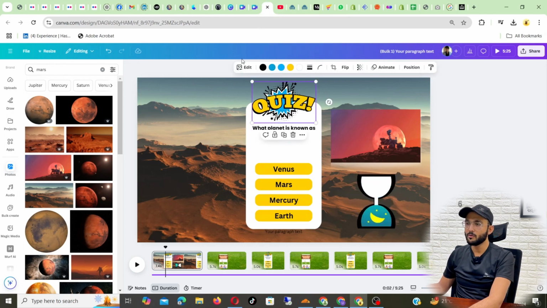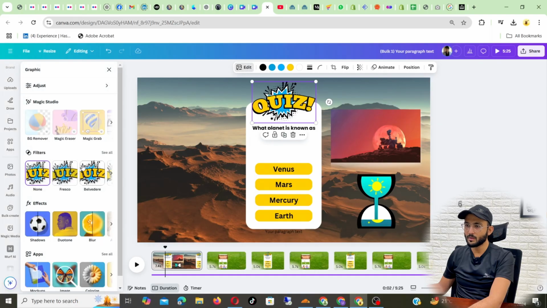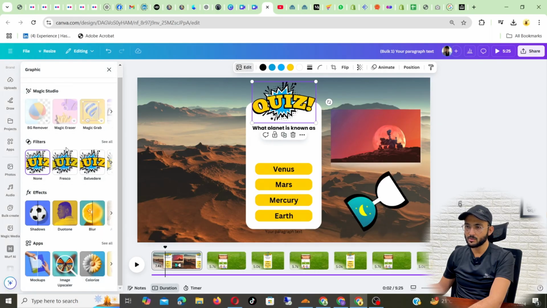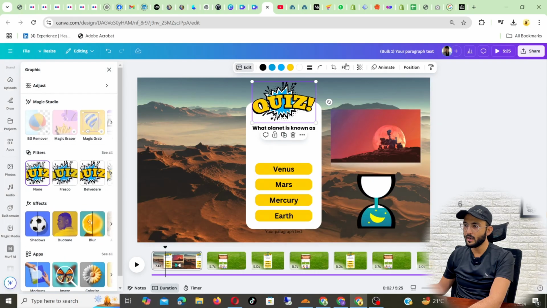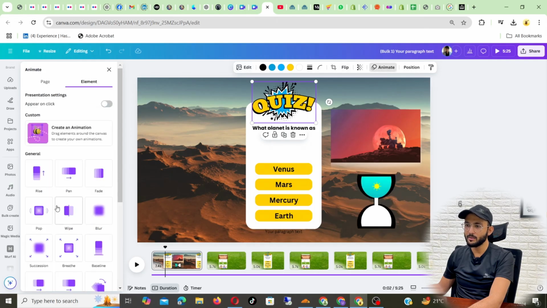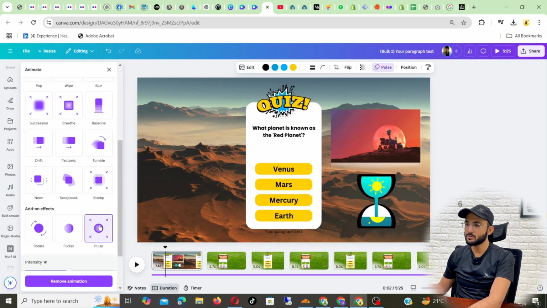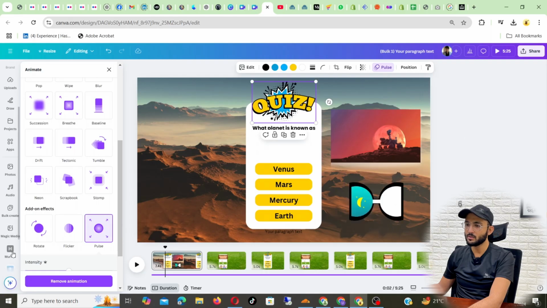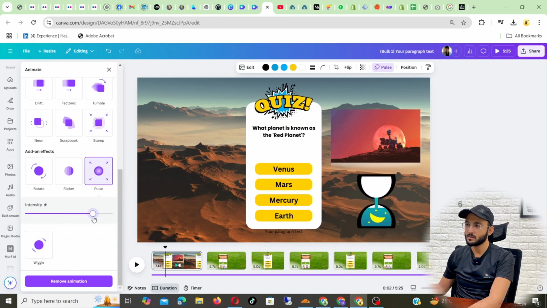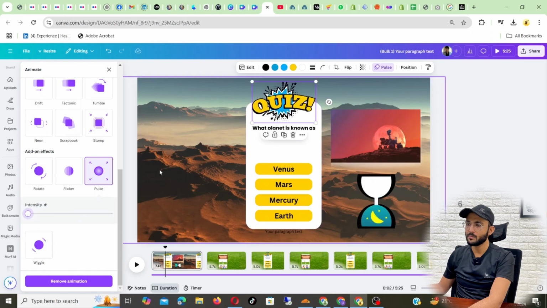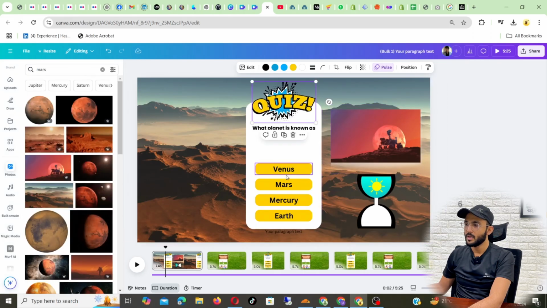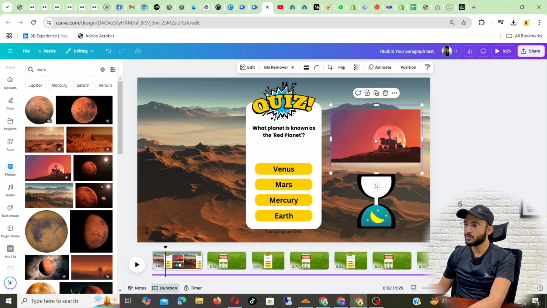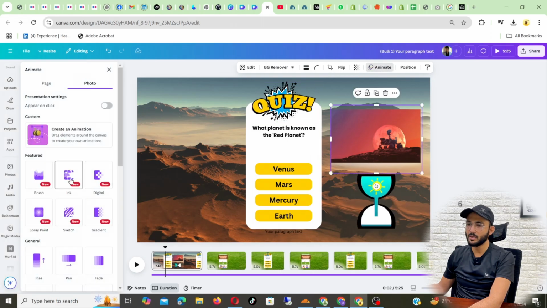Okay, so if you want to make it animated, you have to go into animate, and then you can use this pulse thing. Now as you can see, it is doing that. Okay, so you can do that, and then if you want to move something, again you can animate it,